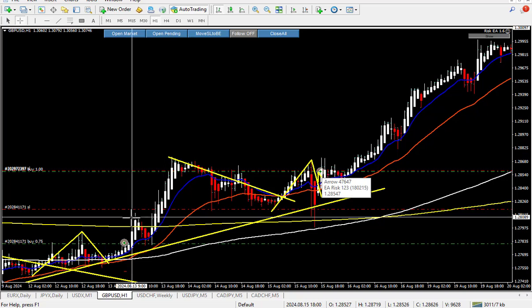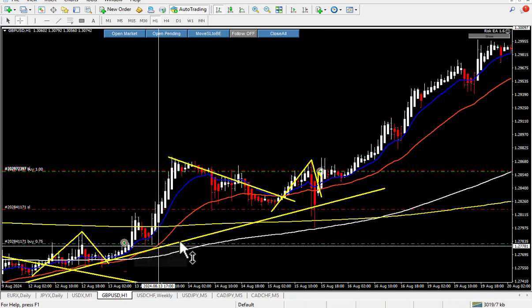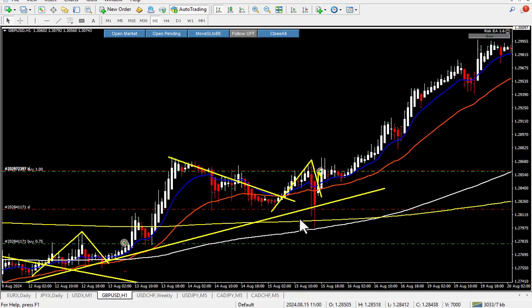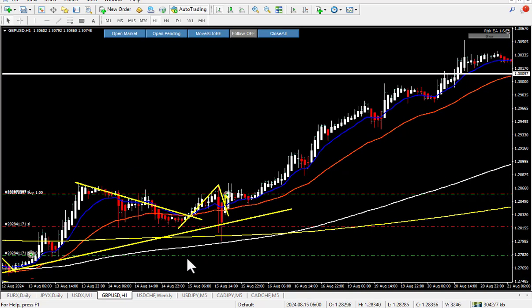of the first position a little bit more into profit, so that if the market goes against me, you see, if the market goes against me, I will not be in the loss. I will just lose the initial risk, but if the market goes in my favor, I will gain much